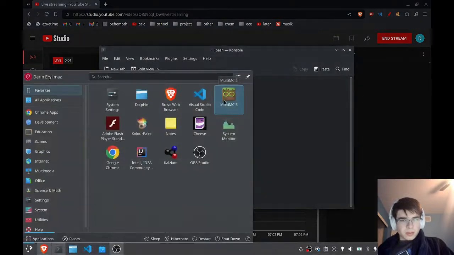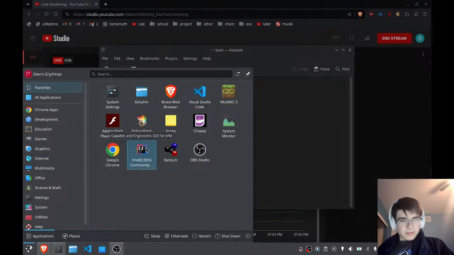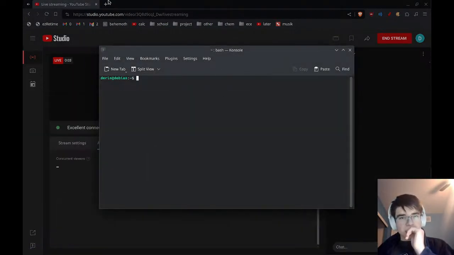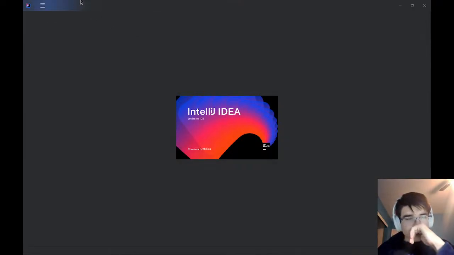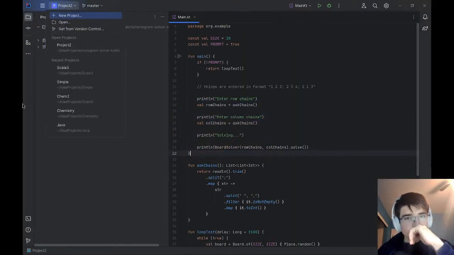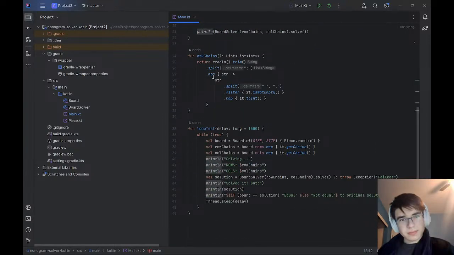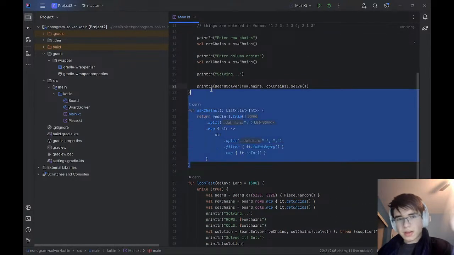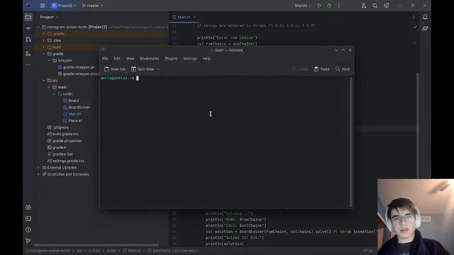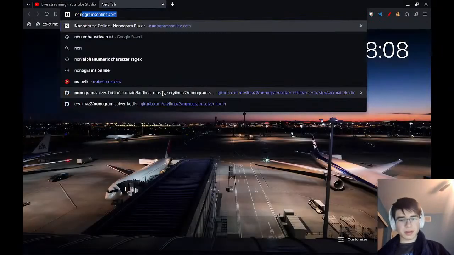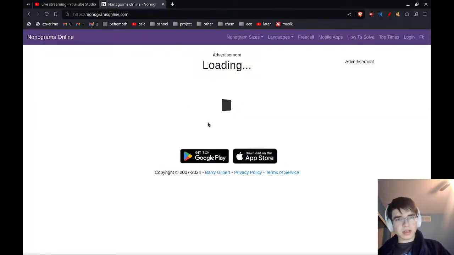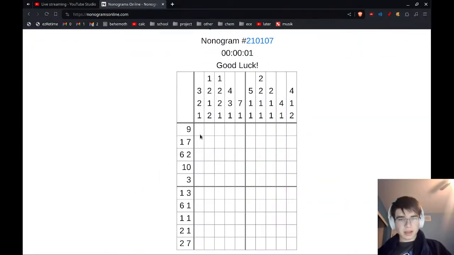So I'm going to re-implement my game solver in Rust. My game solver, which is here. I have a nonogram solver, and it's pretty simple really. It takes a list of, so basically nonograms, right? The idea behind a nonogram is that each number tells you the chains of pieces filled